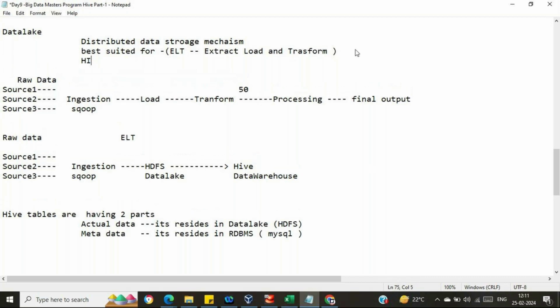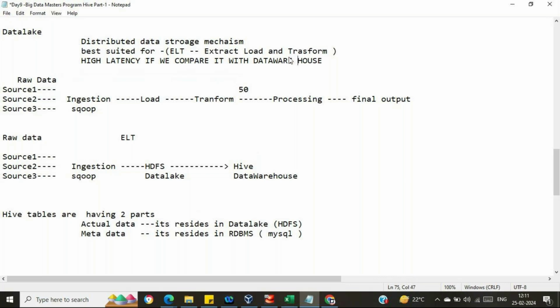High latency. If we compare it with data warehouse. Okay,